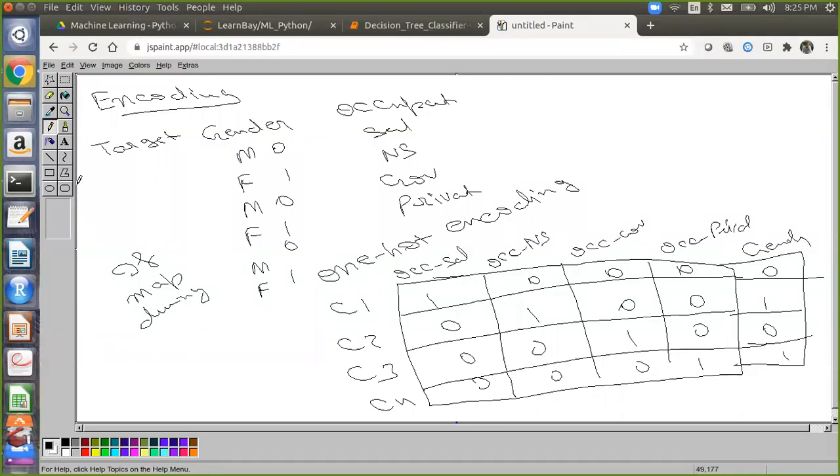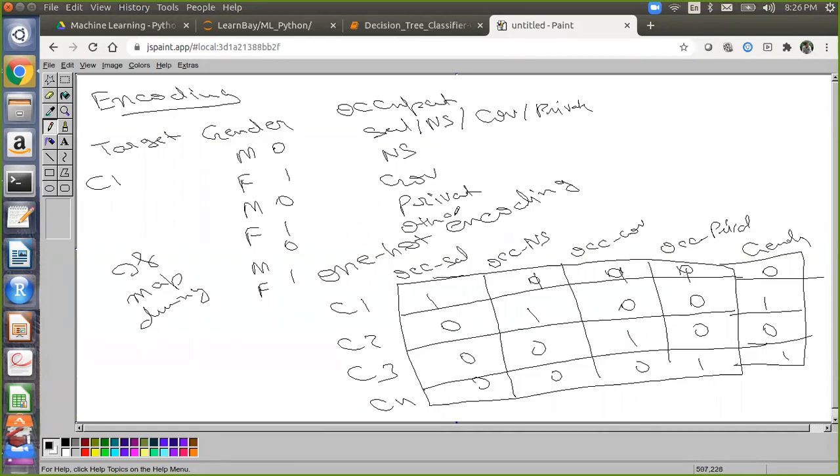Okay. So you are talking that I have one customer who is salaried, who is also non-salaried, who is also a government employee, who is also a private employee. This you are saying. Then in that case, it will become 1 1 1 1. This is what you are saying. So this condition will never arrive. Can Daniel be a salaried person also, non-salaried person also, government employee also, private employee also? Is it possible? No, actually I was talking all are zeros because maybe there is another field for occupation. We have written 4, we can have a 5th one.